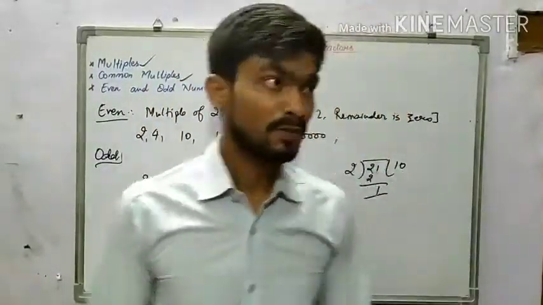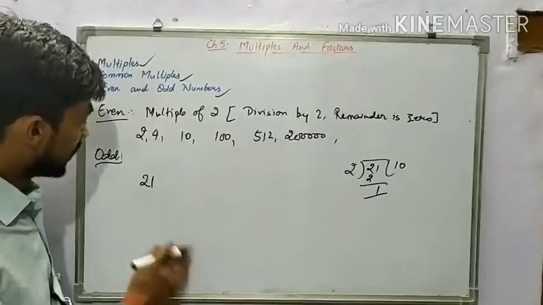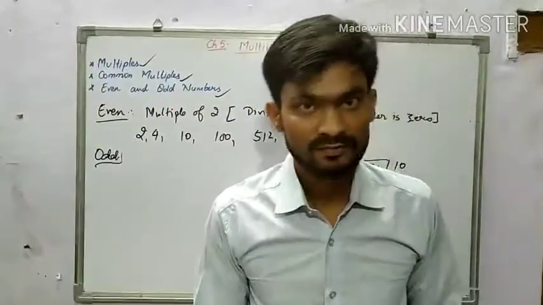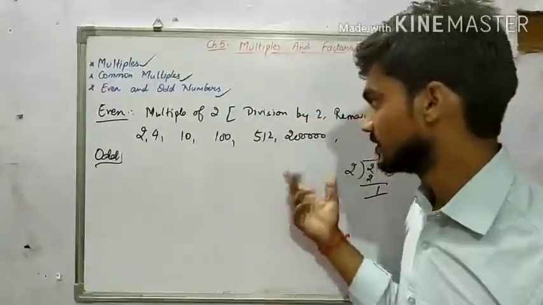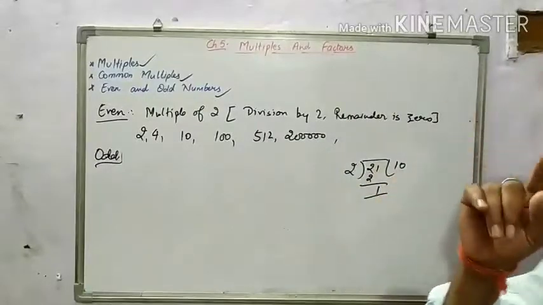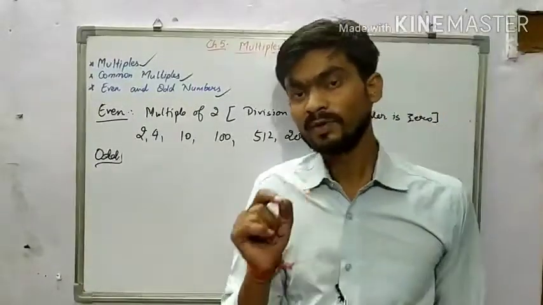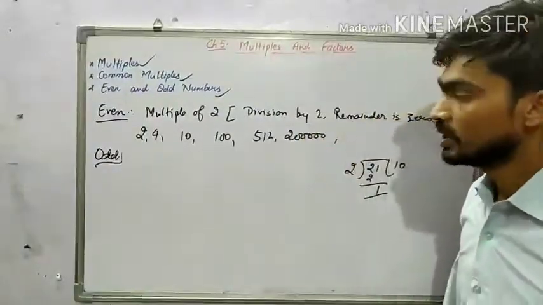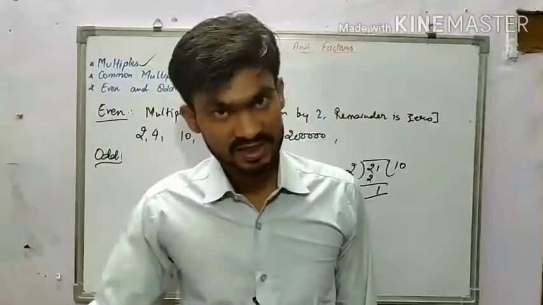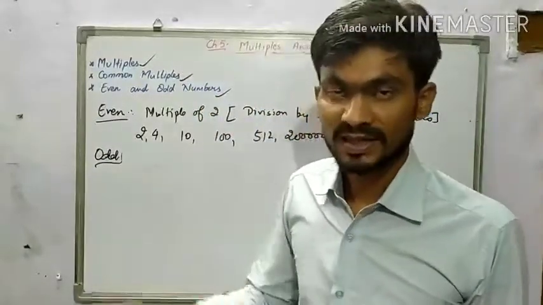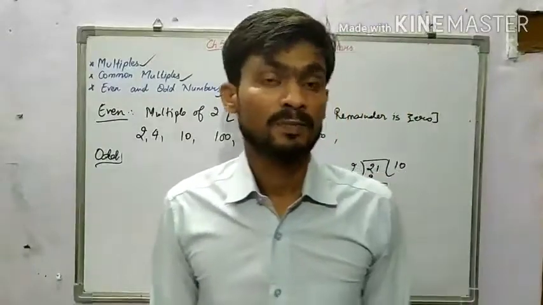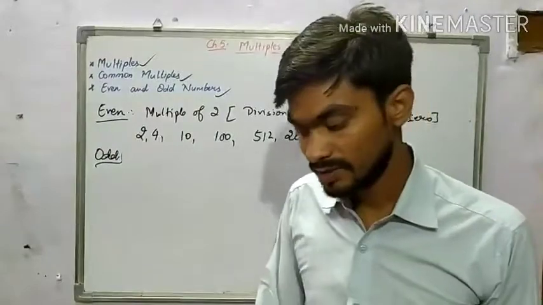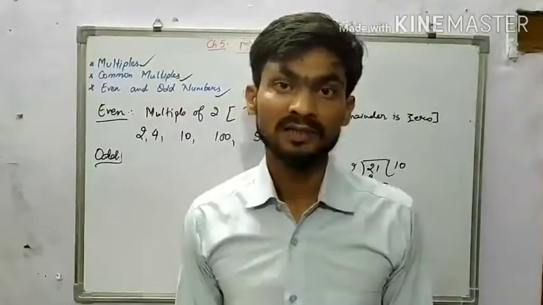Okay, it is not tough. After this, some important properties are there, like 1. I told you 1 is a multiple of every number. When you multiply any number by 1, you will get the same number. 1 is the only number which has its multiple as itself. That I have also explained. These are certain properties. In the next video, I will be discussing some more properties. Then we will go for the definition of factors, then common factors and all. Then we will go for exercise 5a. Thank you.